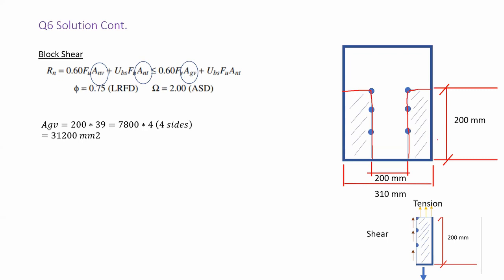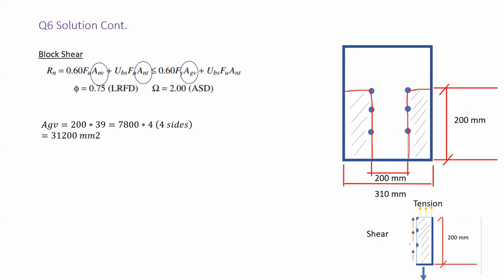And also you have to consider that you have other pieces at the bottom. So the failure will take place in the top flange and the bottom flange. So if we calculate AGV, which is again the gross area in shear, what is the gross area in shear? It's basically